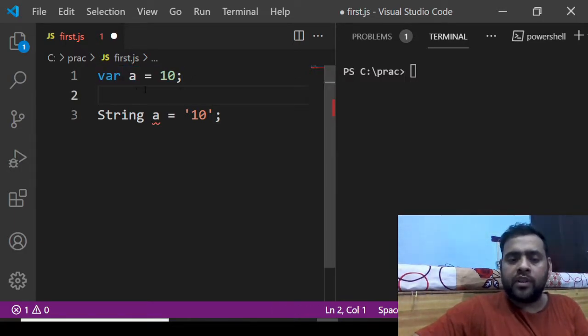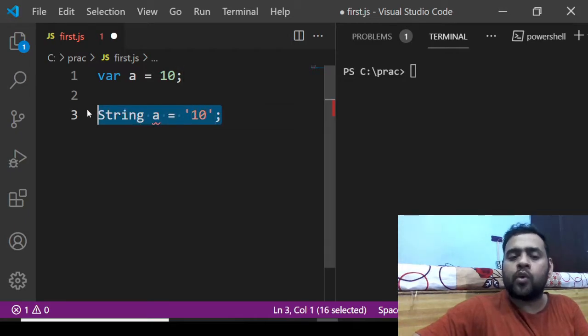Here, in other languages like Java and .NET, the type is basically a type of the variable, not of the value.